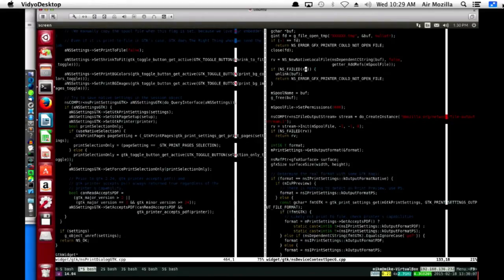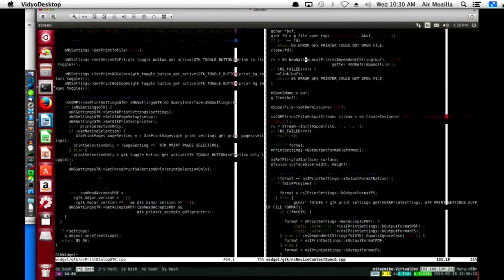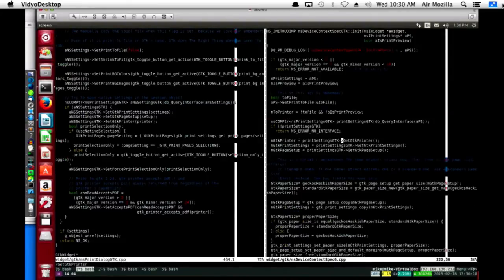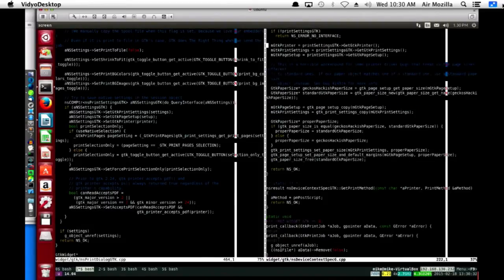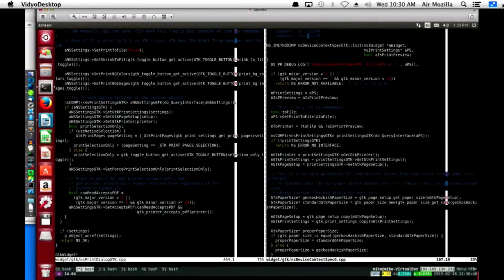So where are these ever used? Force print get GTK printer? Yeah. And how do we do it? Oh, yeah. We QI it for NS print settings GTK. Okay, well, we can do the same thing down here. Do we ever do anything with this print settings GTK? No. Okay.